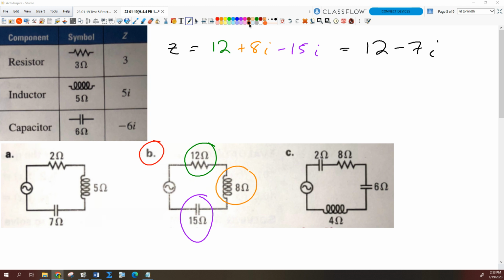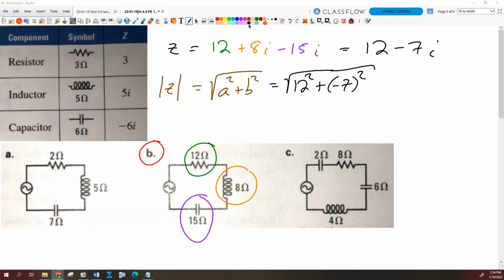If we want to just know a number, though, how hard is it to drive electricity through this circuit? We calculate what's called the modulus. It's written, it looks like absolute value. When we write something like the absolute value of a complex number, it's a little more involved than just absolute value. A lot of times people will call it absolute value, but that's really not correct. It's called the modulus. And it's always equal to the square root of the real part squared plus the imaginary part squared. So for us, that would just equal the square root of 12 squared